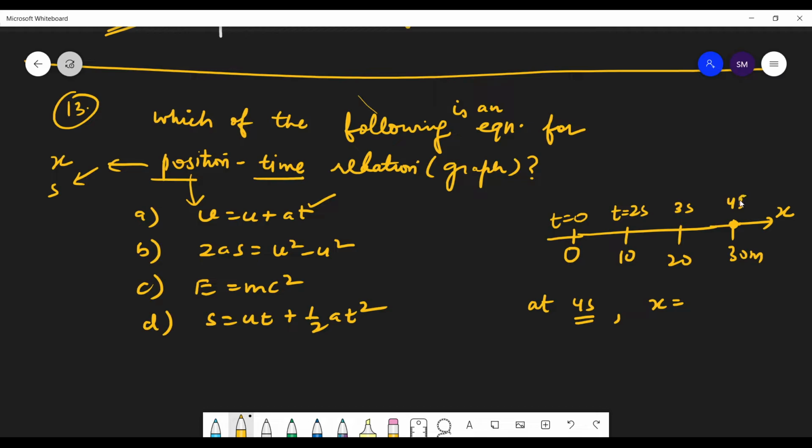What was my position after 4 seconds? Students, what was my position at 4 seconds? When time t equals 0 seconds, I was at origin. When time t equals 2 seconds, I was at 10 meters. Time t equals 3 seconds, I was at 20 meters. Time t equals 4 seconds, I was at 30 meters. So when the time was 4 seconds, what was my position? X equals to,